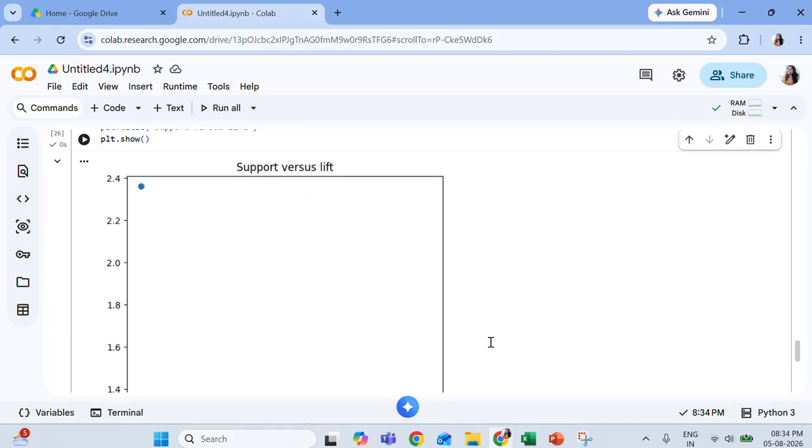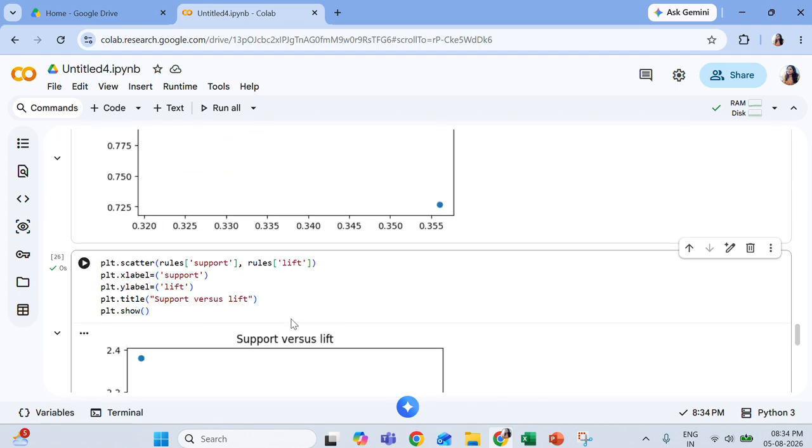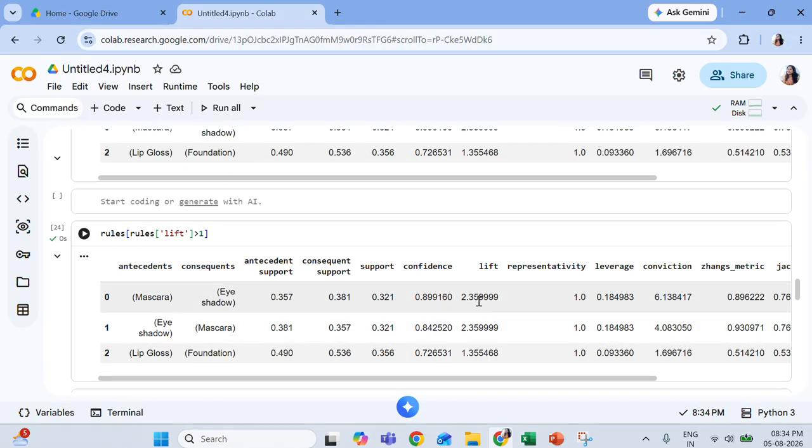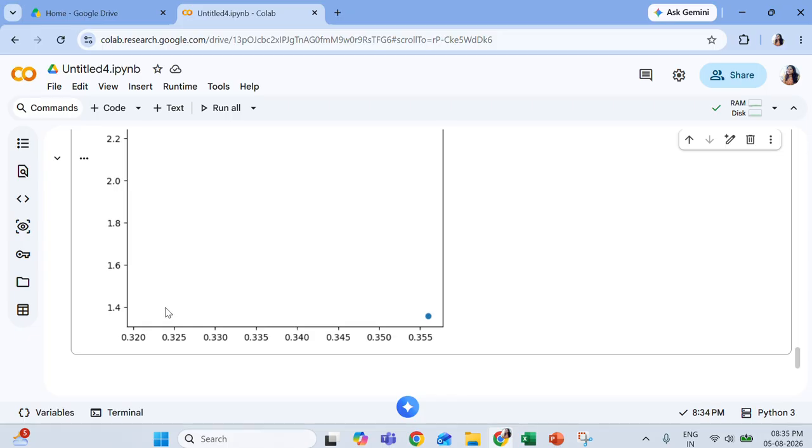So you can see this is support versus lift. These are the two items, because it was 2.3 for two products. It was 2.3 because mascara to eyeshadow and eyeshadow to mascara both share the same value, and another one is 1.3. So it will come over here at 1.3.